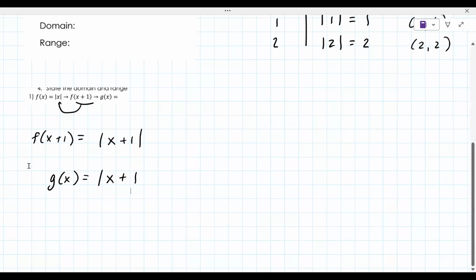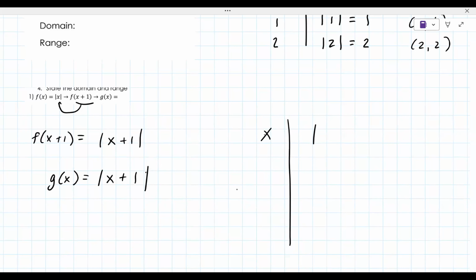Is that okay so far? So you're plugging in x plus 1 for x, and whatever it gives you becomes your new function. Then g of x in this case would become your new function. Yeah. Got it. All right, so now we can graph this. So we're going to do the same thing though. We're going to make a table,